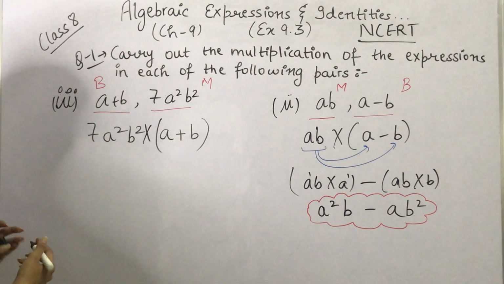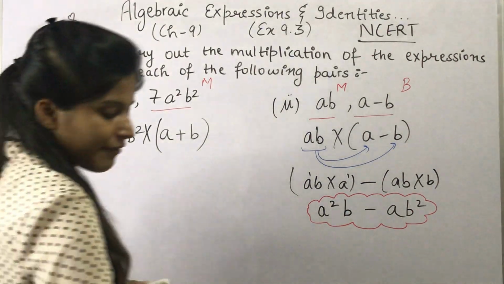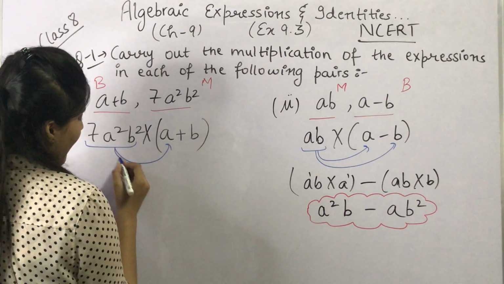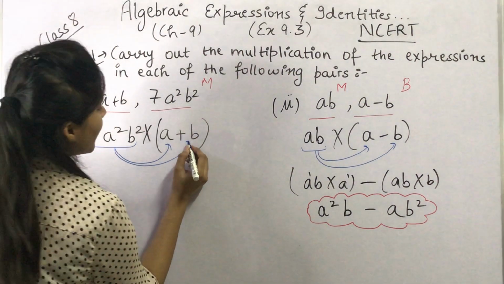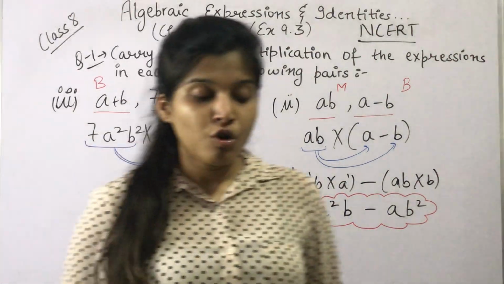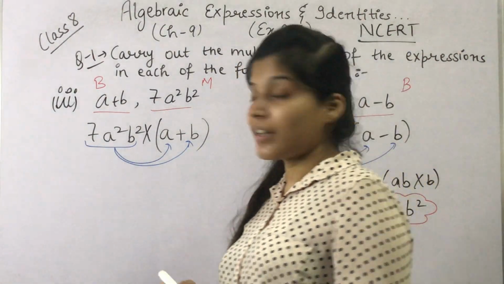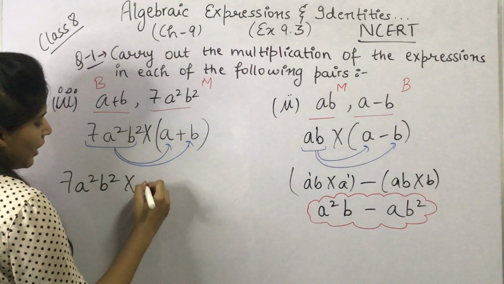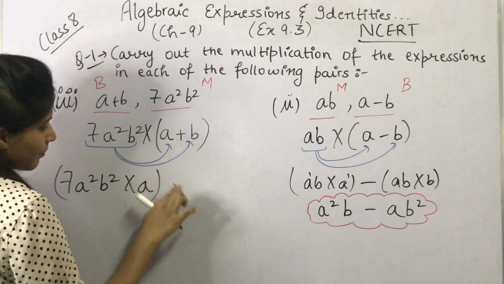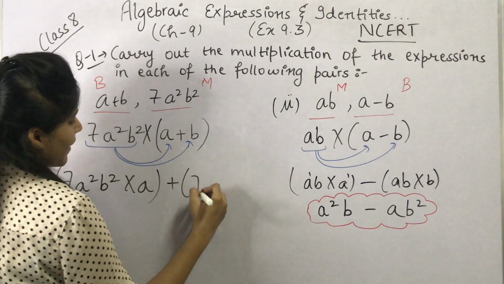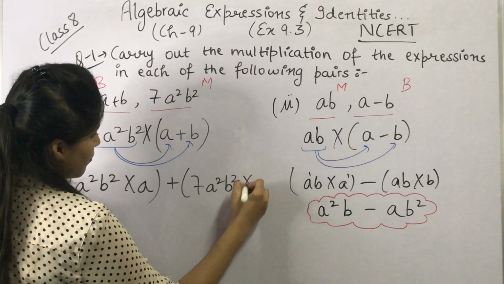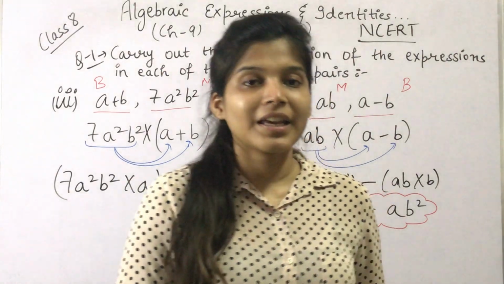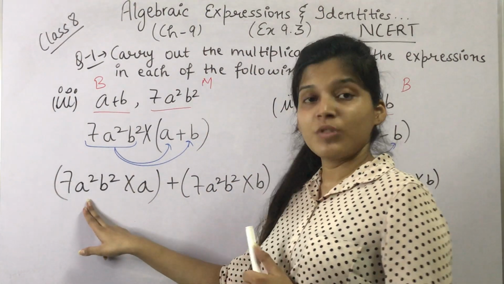ठीक है. So now 7A square B square will be multiplied by A first and then it will be multiplied by B. Okay. So 7A square B square into A करते हैं पहले. 7a² b² इंटू ए, बीच में आएगा प्लस 7a² b² इंटू बी, ठीक है। सो 7a² b² इंटू ए करेंगे, सो वी हैव a 2 times and here